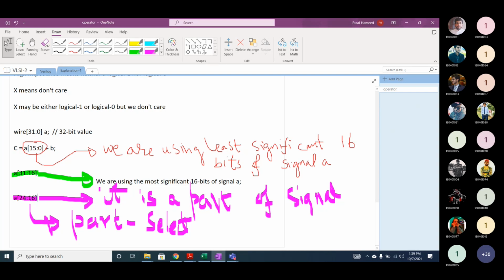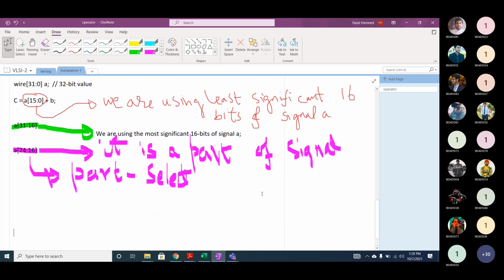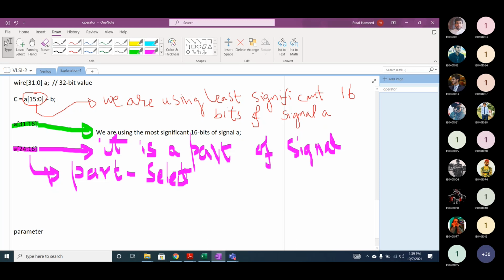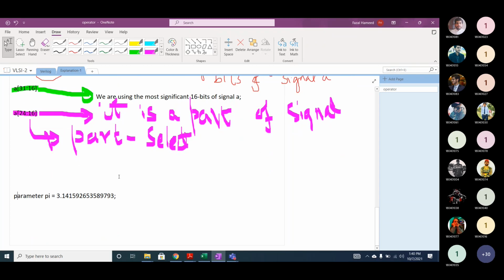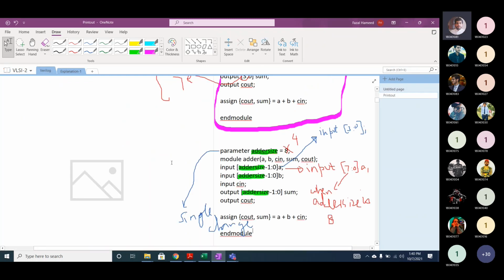Let's assume I'm defining parameter pi. What's the value of pi? 3 point something. This is the constant value. If this pi value is used 100 times in the code, you only need one change. Okay, you got my point or not? Got it, sir. Okay.